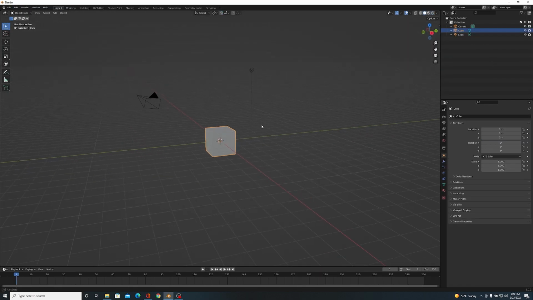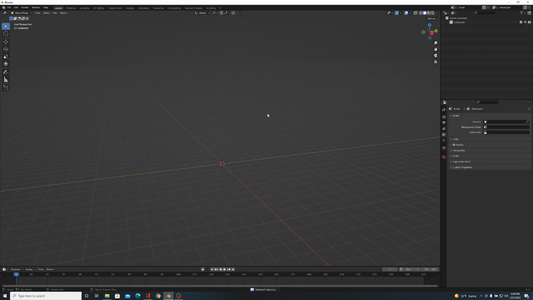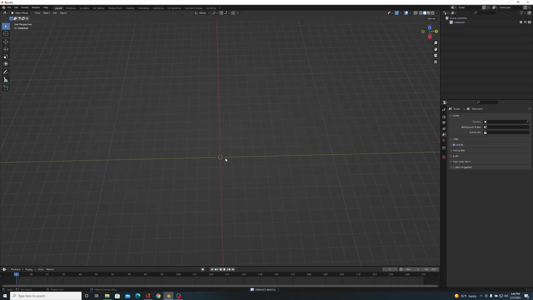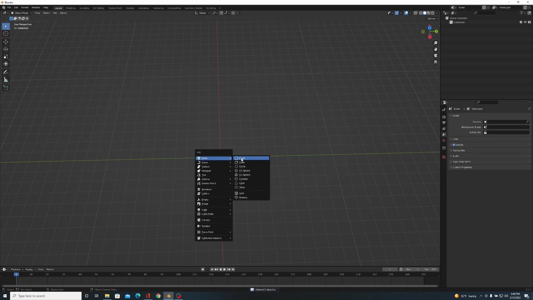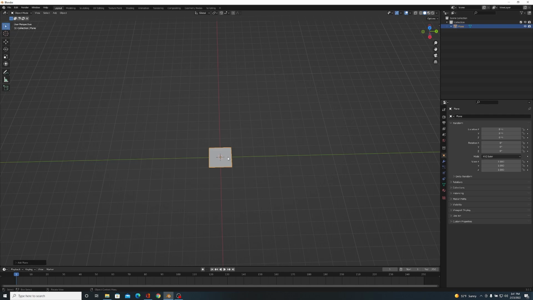Alright, so we're loaded up into a new scene in Blender here. We are going to go ahead and delete everything as per the usual process. And then we're going to go Mesh. So Shift A. I'm going to try to make sure I'm seeing as things go along, as I do not have my annotations turned on right now, but that's okay. Alright, so now we've got our plane added in, so Shift A, Mesh, Plane, and then we're going to tab into Edit Mode.